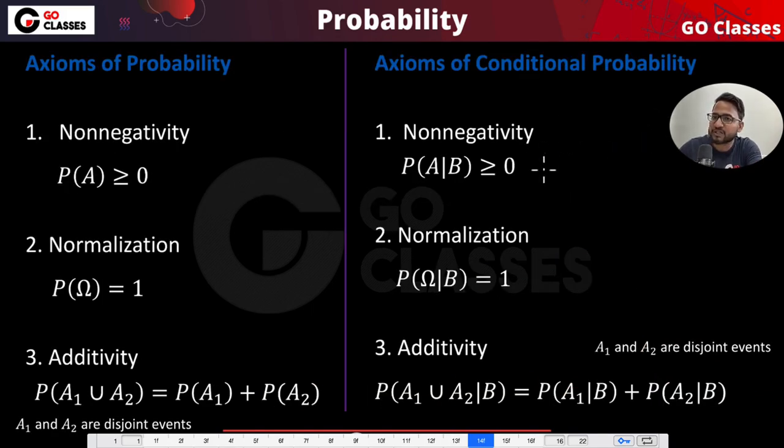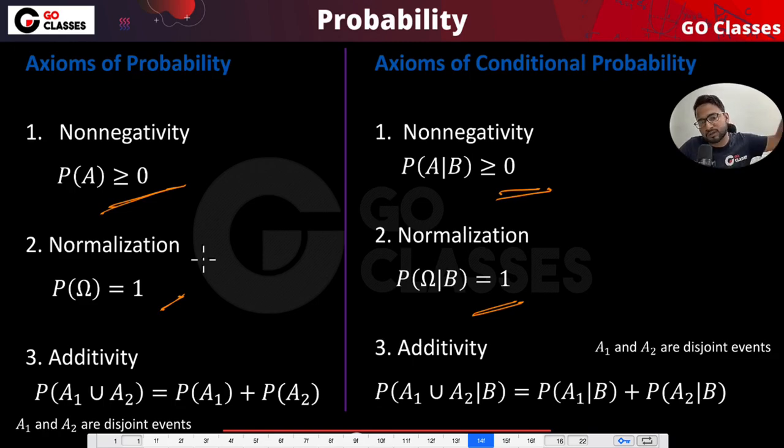Now, we have already seen examples of probability and examples of conditional probability. Now let me tell you the similarities between these two. See, here also you have greater than or equal to 0, here also you have greater than or equal to 0. The sample space is 1; you just say given B, the sample space is 1. Here the additivity rule says the probability of A1 union A2 is probability of A1 plus A2, and here also we have already proved it. Whatever rule is there in probability, you just follow the same rule and say given B. Given B means you are reducing the sample space, basically. That's all. But the rules will be the same. Okay.